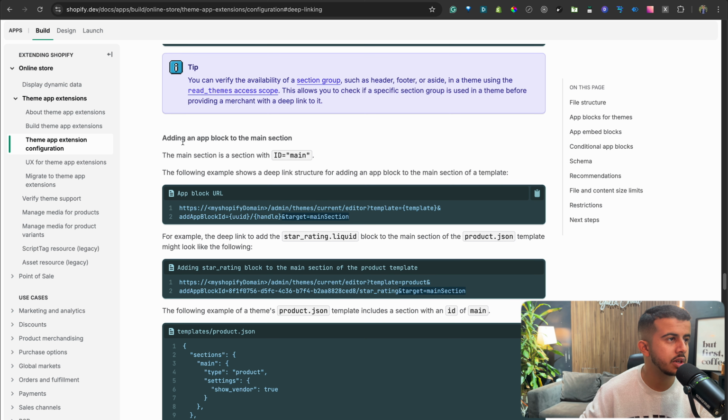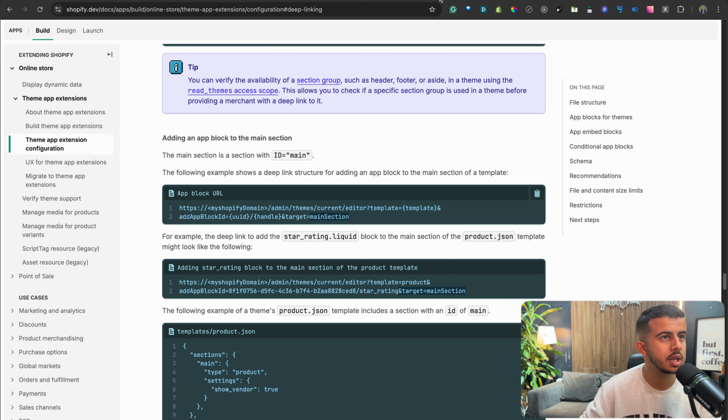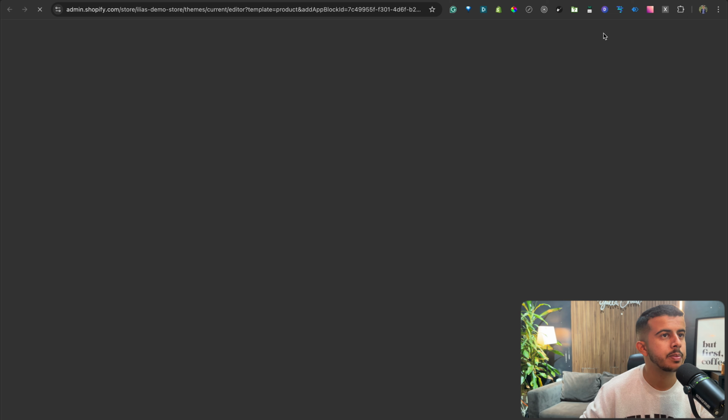and as you can see here, adding an app block to the main section, so we can just specify the target that will be the main section. We can just go back here, and the target in this case will be the main section. Save it, and let's go back here to our app and click on add our custom pricing section,